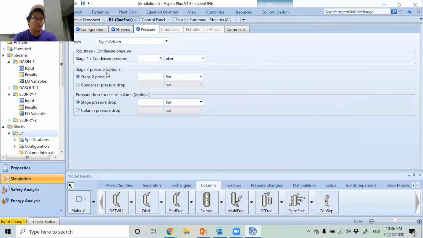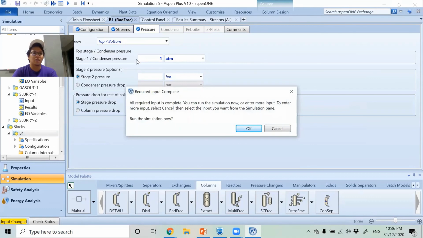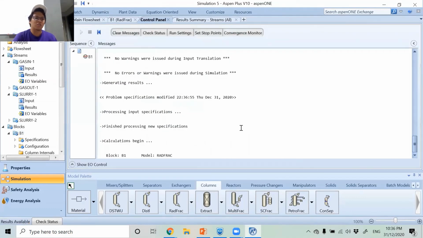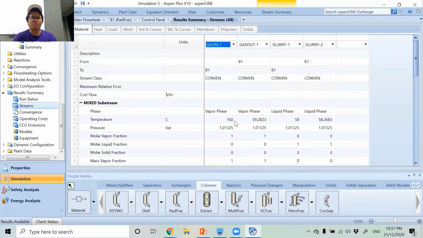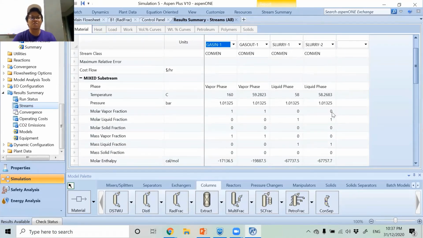And then where's my next button? Okay, here it is. And then you can hit OK and run the simulation. I got a result, no issues. And then you can go and check your result summary. You see here the temperatures: flue gas incoming 160, gas out 59, slurry incoming 58, slurry leaving the column is 58. No pressure drop, so pressure is 1